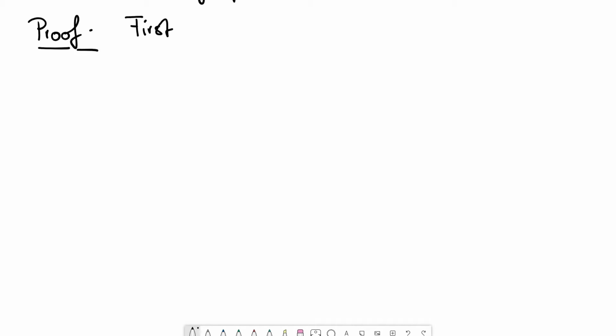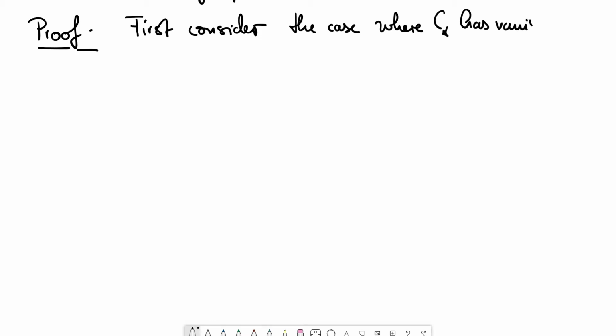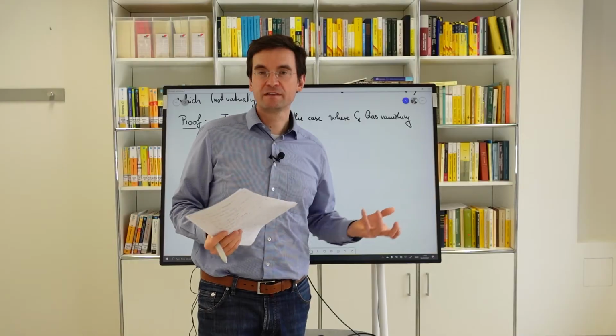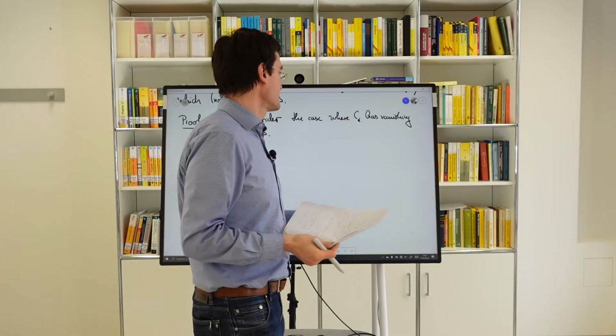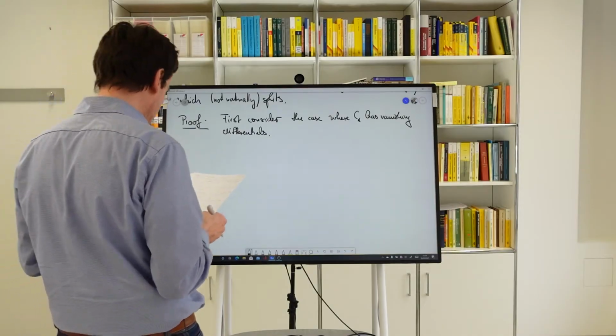And we will first consider the case where the chain complex C star, so the projective chain complex in the assumption, has zero differentials. This has some consequences. Well, one consequence is that the homology of C star is just C star itself. The other consequence is for the tensor product of C star and D star,